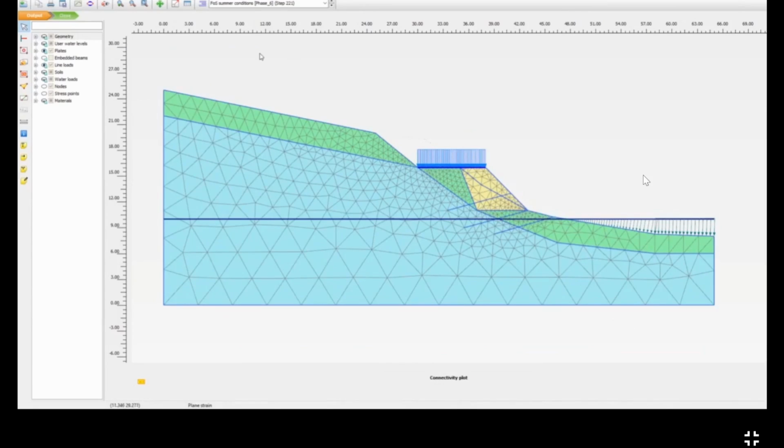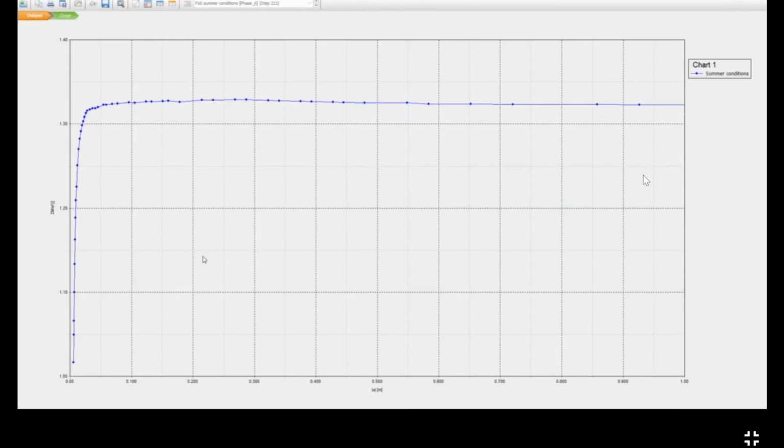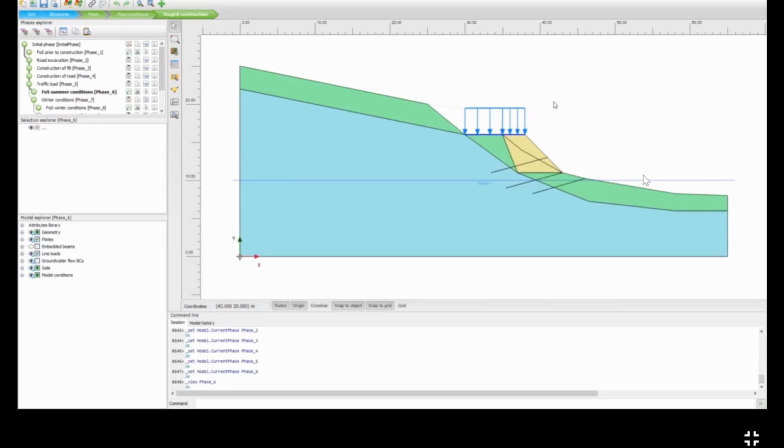Now if we look at the factor of safety development, we see the development of the selected node in the failure zone, and we reach a factor of safety of about 1.32, which is not a very high value, especially if we want to make sure that our factor of safety for loss of the road is 1.8 or higher. Now if we look at the winter conditions, first the water table will be increased. We'll run a groundwater flow analysis here,